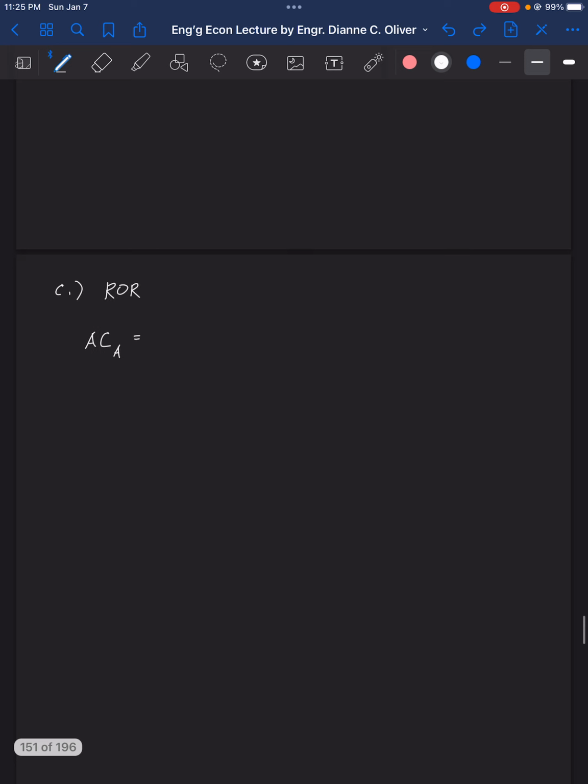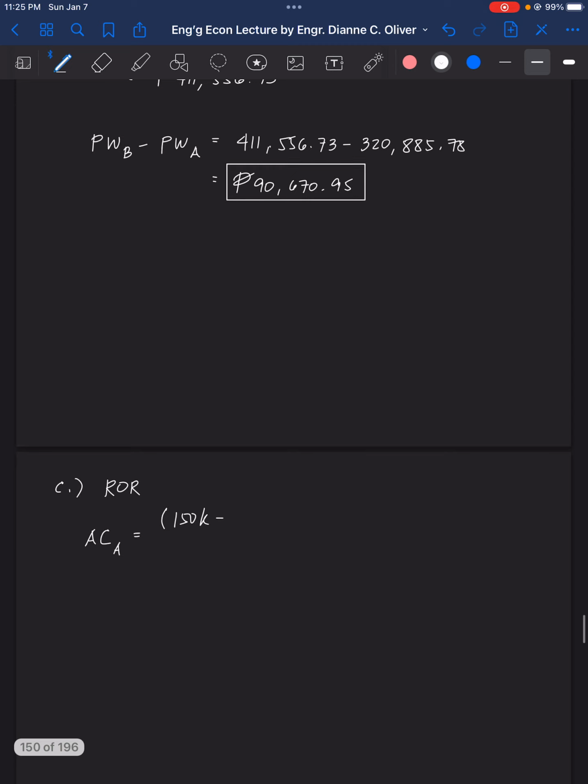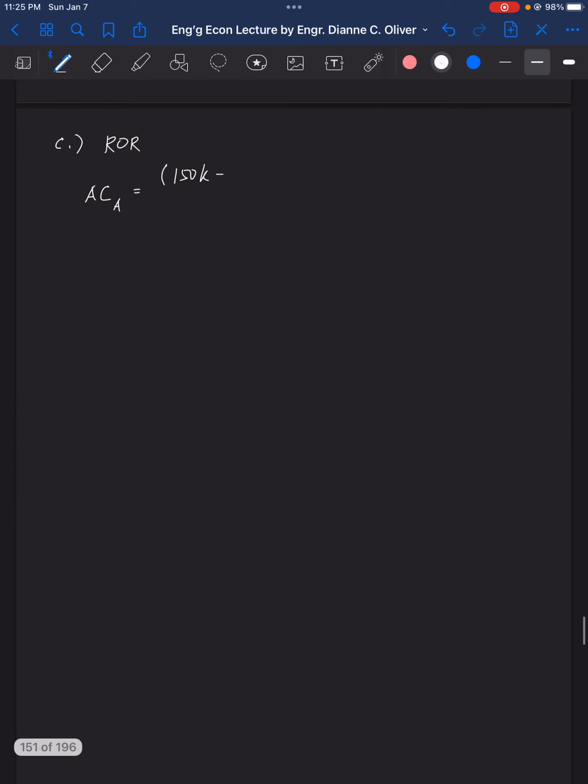I'll just rewrite the solution. 150K minus 15,000 times 0.12 divided by 1 plus 0.12 raised to the power of 4 minus 1, plus the 48K